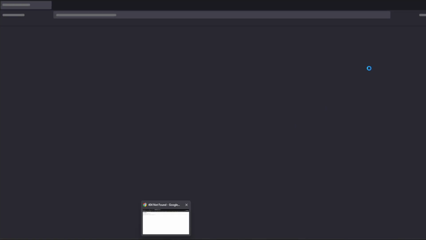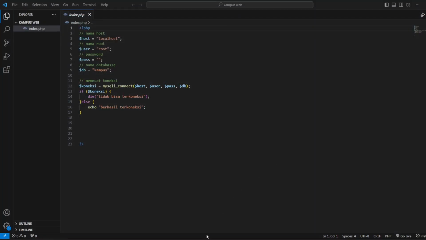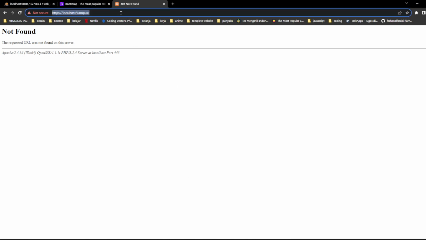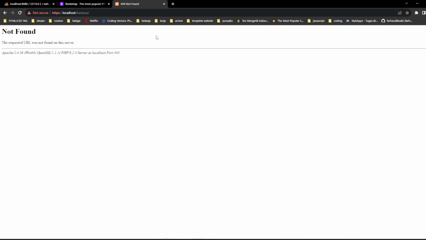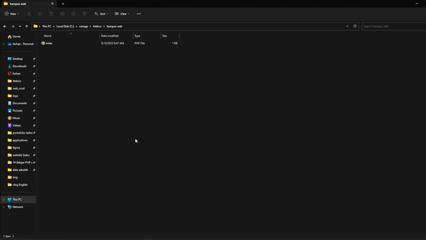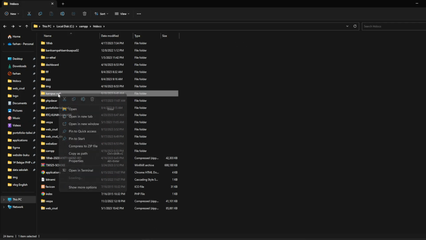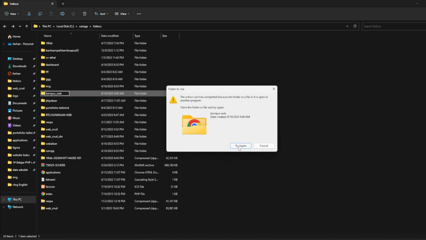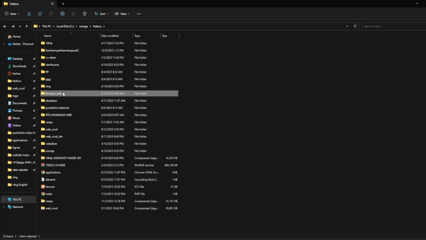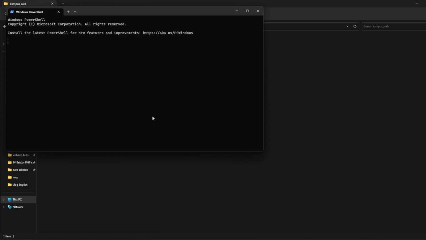So we're going to the Chrome and refresh again. Oh wait, I'm sorry, we can rename campus underscore web like this. Nah, campus underscore web, and open in terminal again.